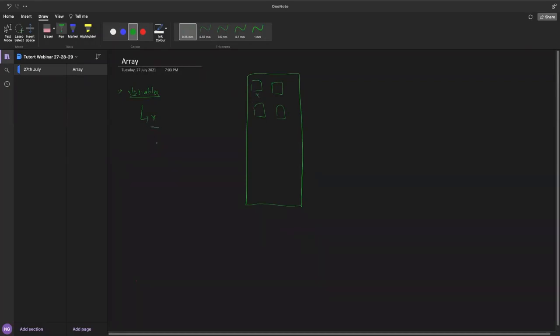Then this X is given some properties or characteristics, which are defined by the data type. The primitive data types we already know about are int, float, double, and character. Other languages can have other primitive data types. The data type defines the characteristics of a variable.